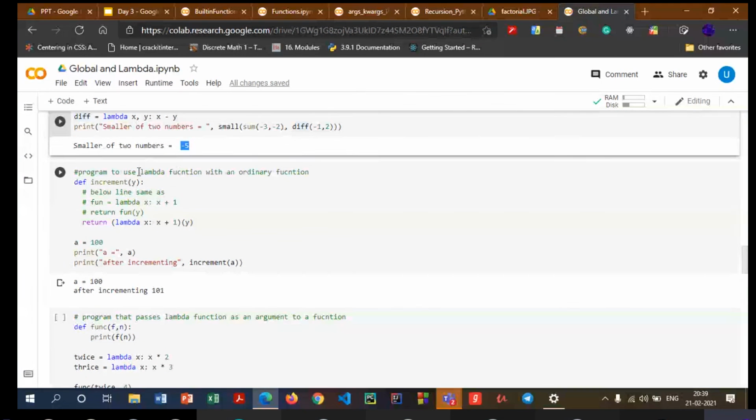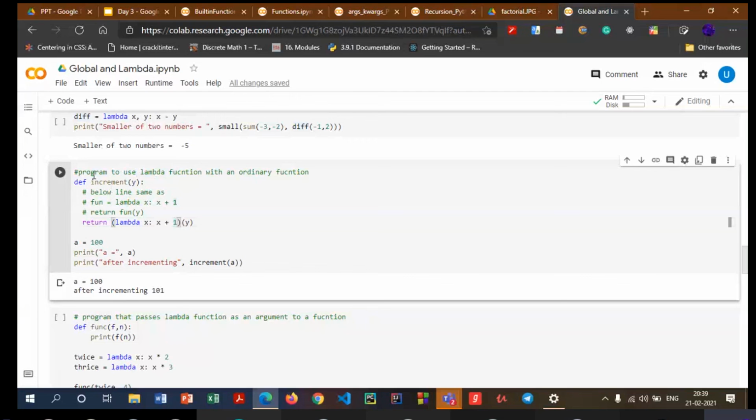We can also use lambdas inside another function as well, so that won't create any problems. So over here I have the standard way of declaring a function using the def keyword, the function name, and passing the parameters, which is returning a lambda function. As you can see, it is not creating any such problems over here.